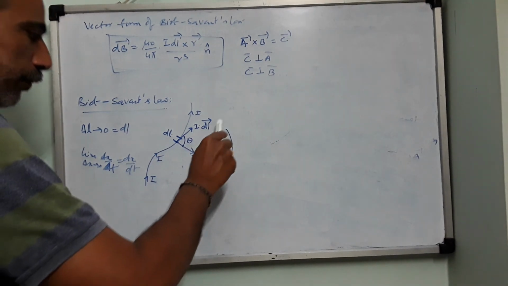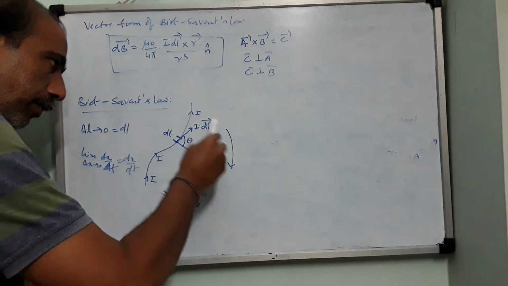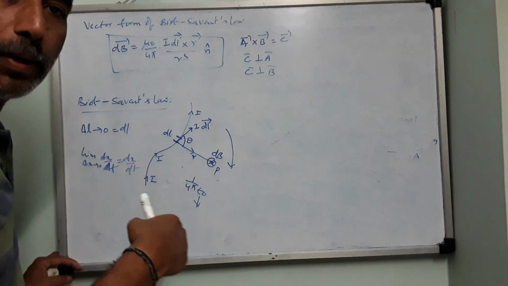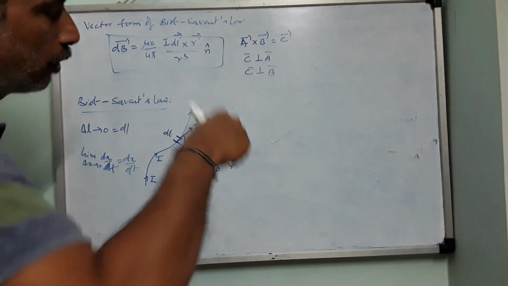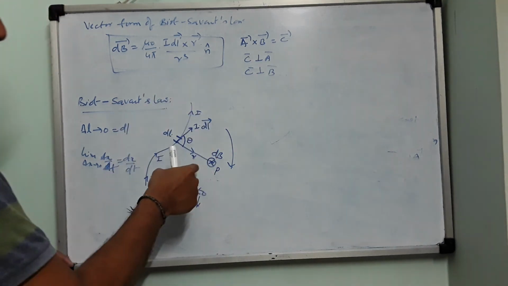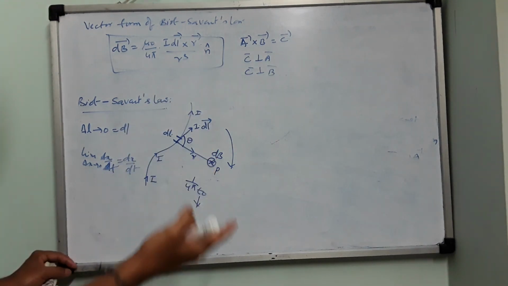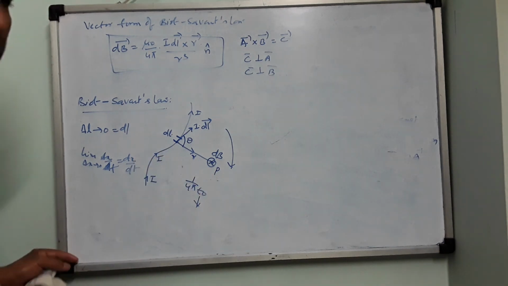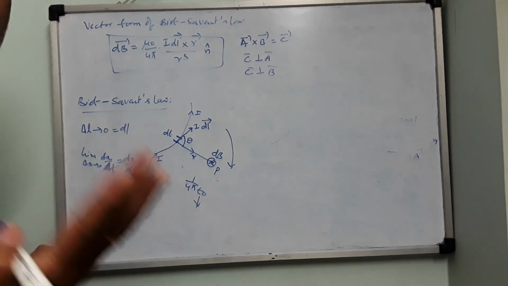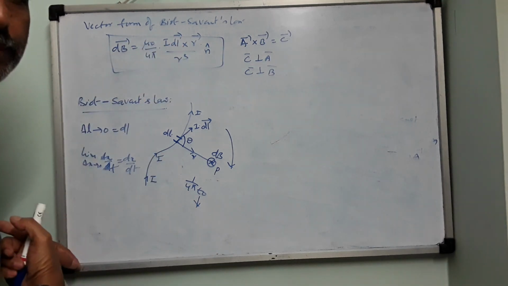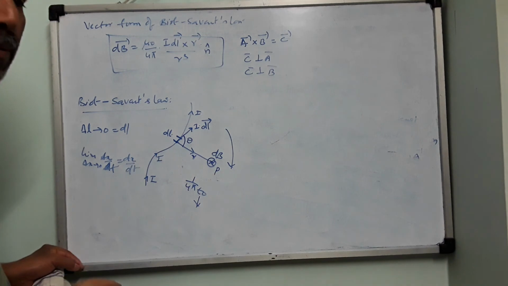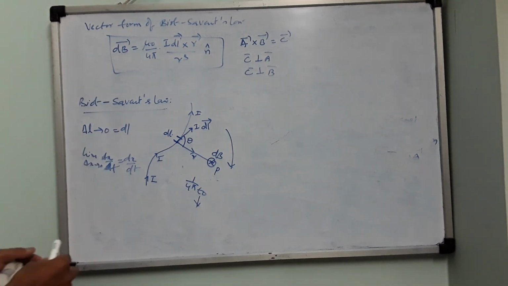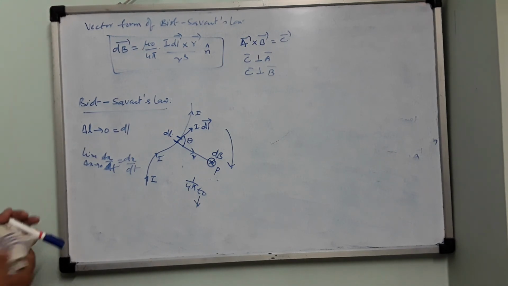It's like this. In which direction are you rotating this? Clockwise. When you do clockwise rotation, what will happen to the magnetic field? Into the plane of the board. If you rotate the screw clockwise, the screw will go into the board. That is, the magnetic field also will be produced that way. So Maxwell's right hand screw rule and the right hand thumb rule are one and the same. Where is the right hand screw rule brought from? It is brought from vector laws only. Therefore the right hand thumb rule also follows the laws of vectors. So this is how you can express the magnetic field due to a curved conductor.